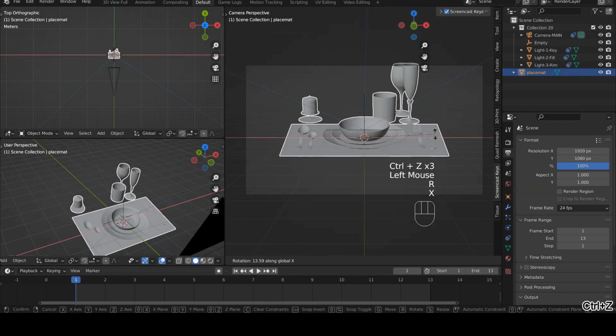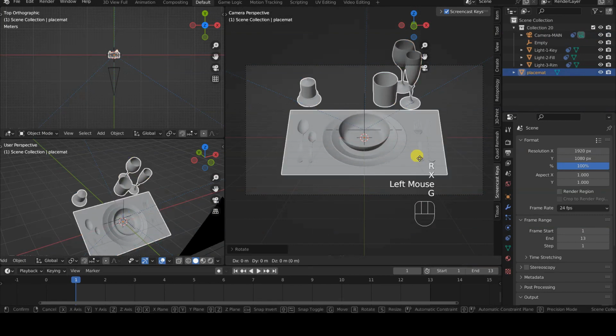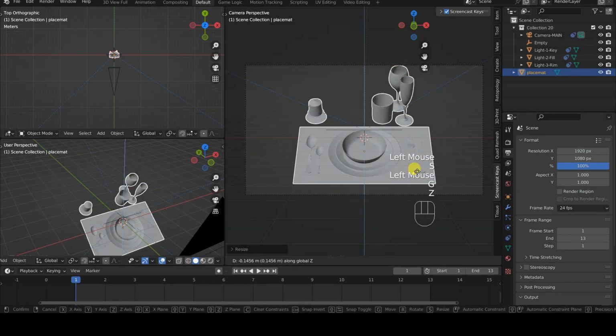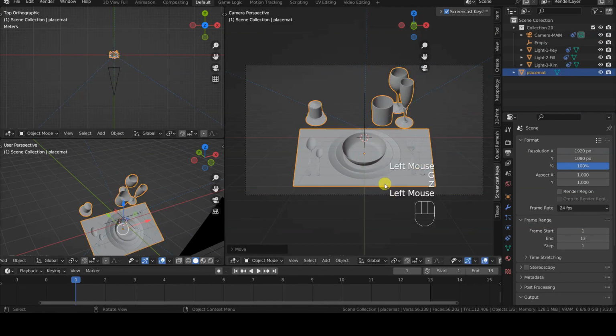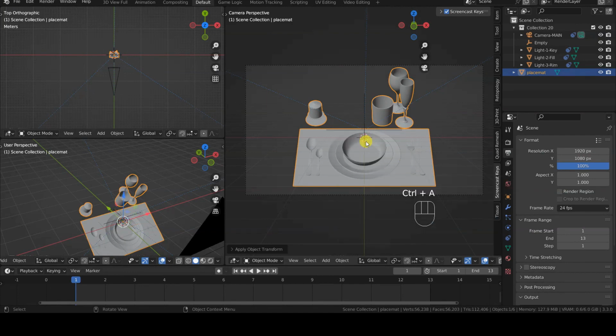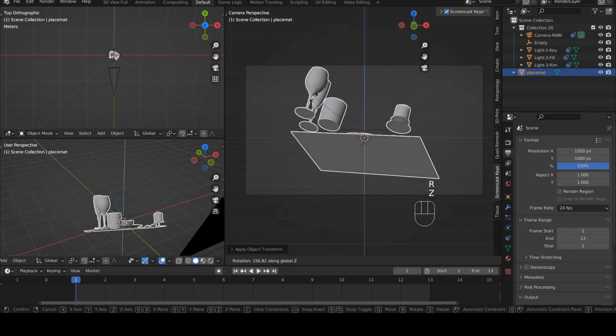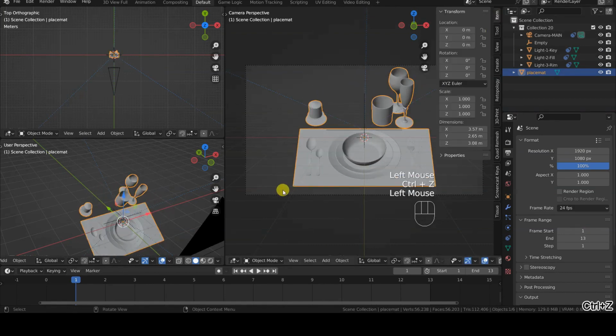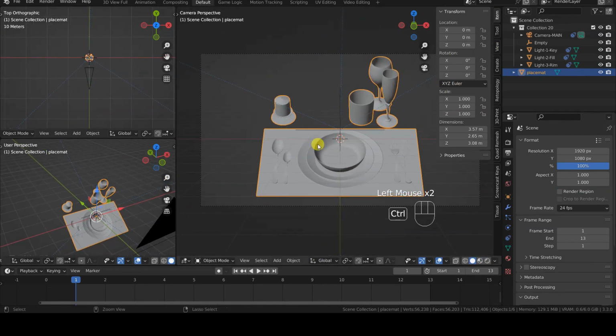If the object also has details on the bottom, then it's probably better to rotate it around the x-axis, tilting it a bit, before performing the animation around the global vertical axis. If you decide to follow this method, remember to apply the rotation transformation with Ctrl A, rotate, and, if necessary, move the object and apply the location transformation again, in order to correctly set the origin of the rotated object in the center of the virtual scene.